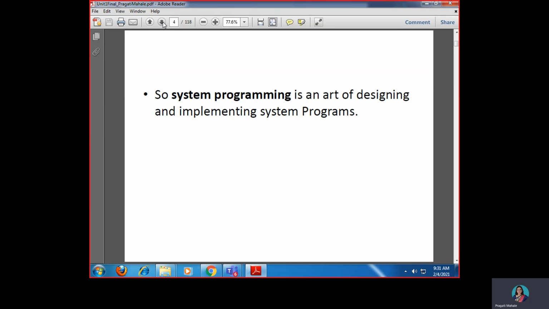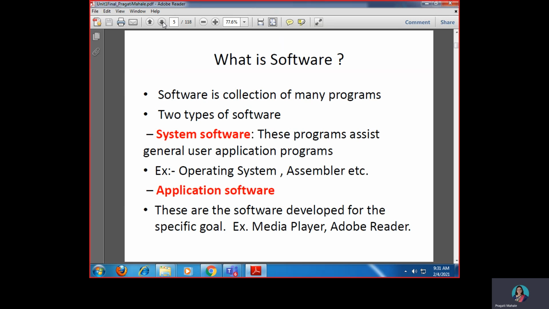And implementing means we convert our code into a programming language of our choice, so that we get the desired output by executing that program. So system programming is the art of designing and implementing system programs.